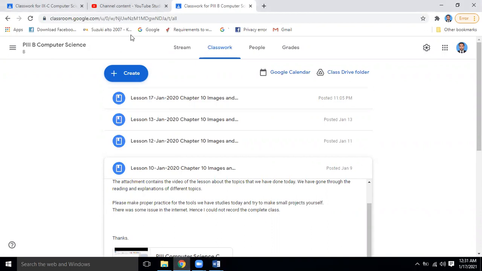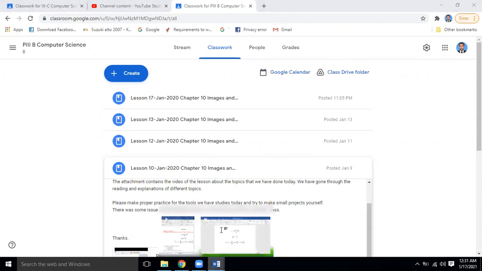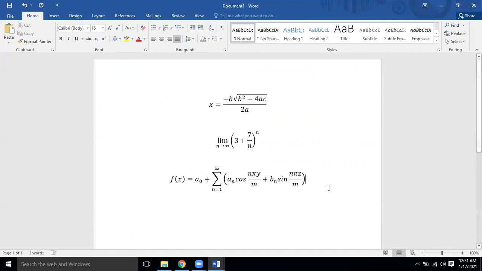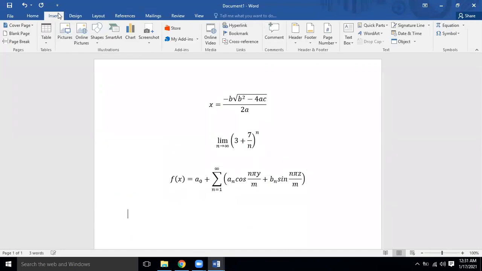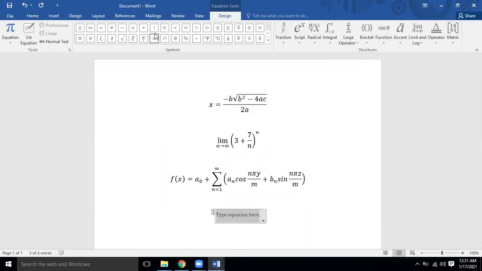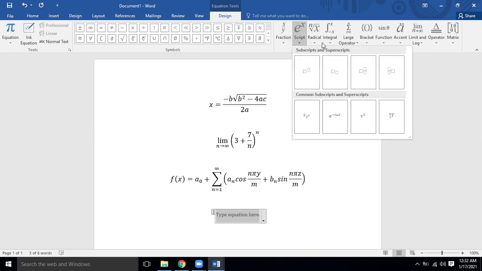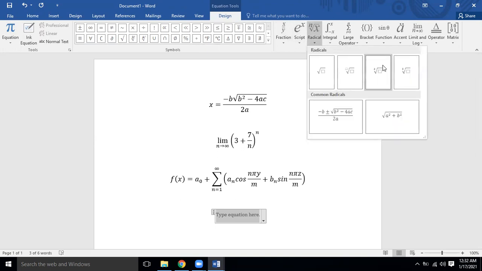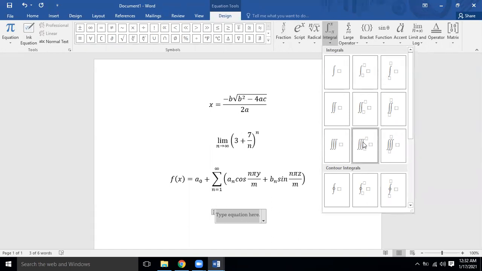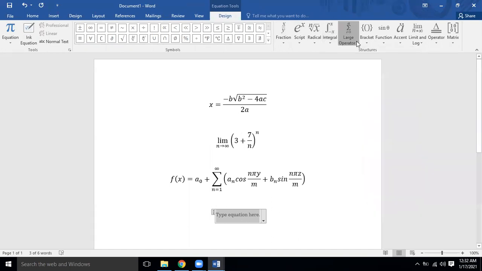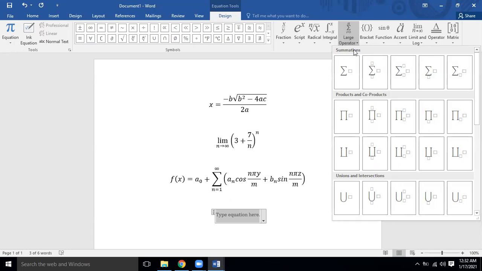You can see over here in the insert menu, all these options are there. Insert equation. When I click the normal equation, I have the equation formatting toolbar. This is the equation tools given over here. So I can take any symbols, any fractions, superscripts, subscripts, radicals, square root, cube root, nth root, integration, derivation, whatever you want to put. Fine. Summation, sigma, all these options are available over here.